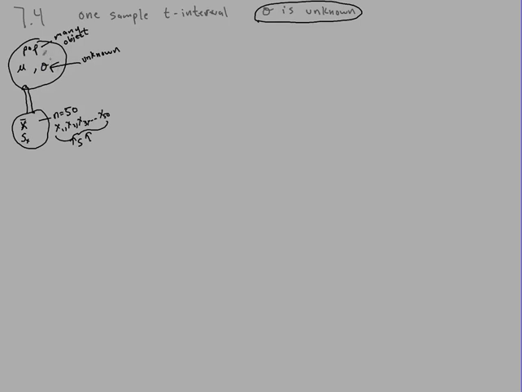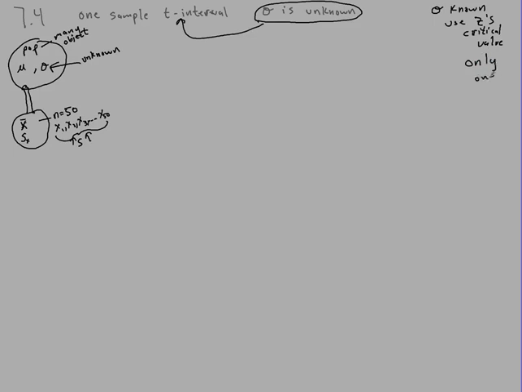With the last chapter, this was known, and we used z's for our critical values. These you could find on your chart, or you could find them in StatCrunch. If this is unknown, we have to go from the z to a t distribution. And the t distribution is a lot more complicated than the z, because